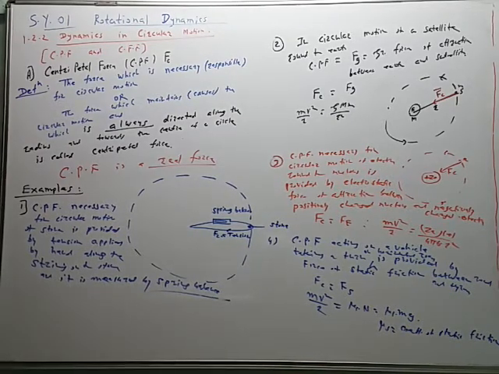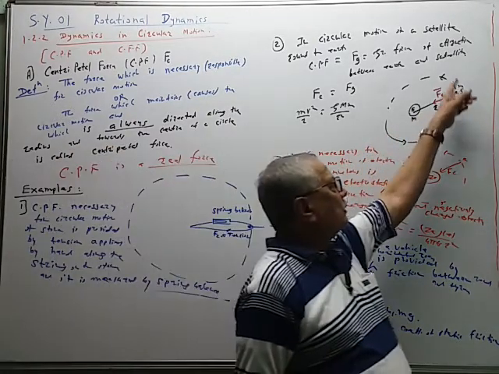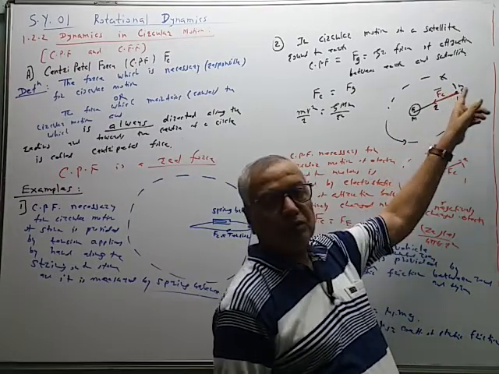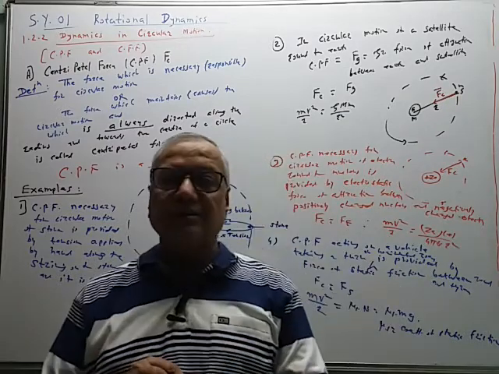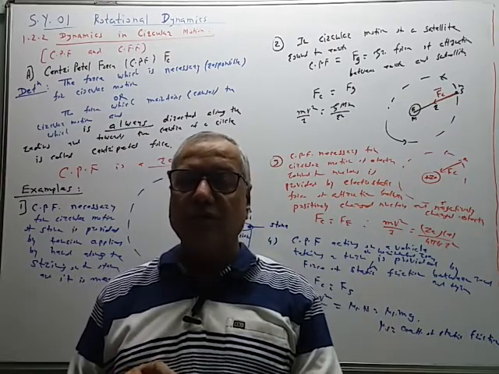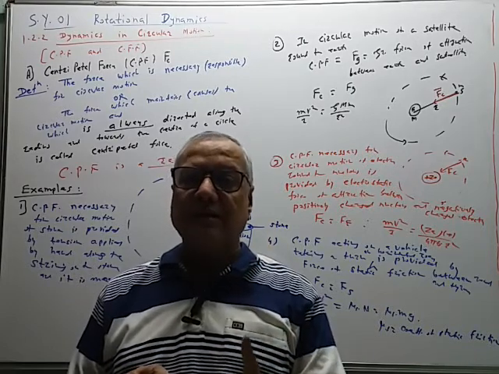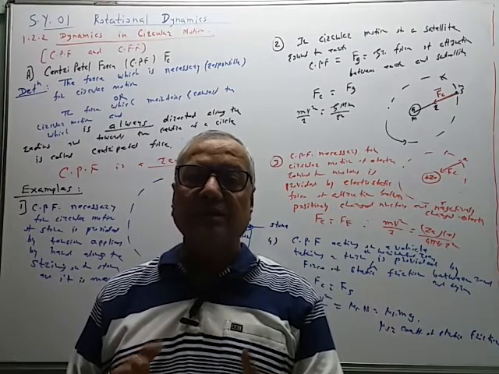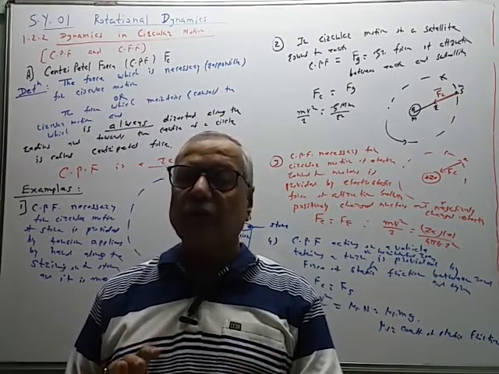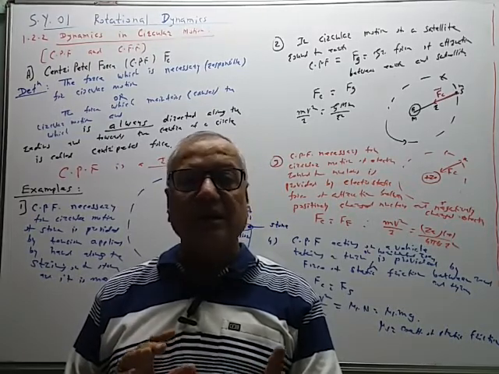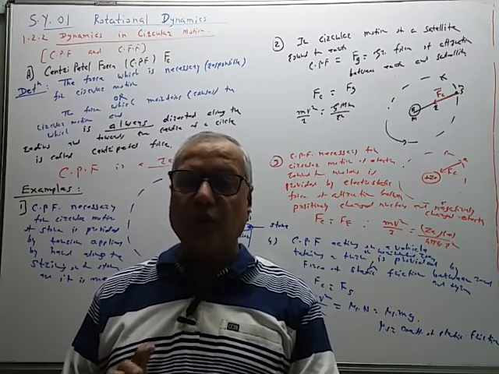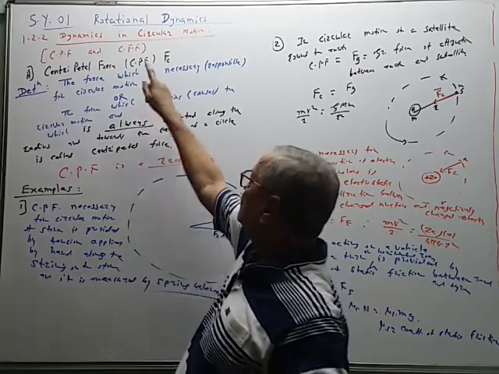In circular motion, when the object, the vehicle, the stone, etc., moves along the circumference of a circle, there are accelerations existing. One is the radial acceleration, then tangential acceleration, and angular acceleration. Radial acceleration is always present whenever there is circular motion. It is necessary. So there is an acceleration, therefore it is an accelerated motion. And in accelerated motion, we have to imagine a pseudo force, and that pseudo force is called the centrifugal force.